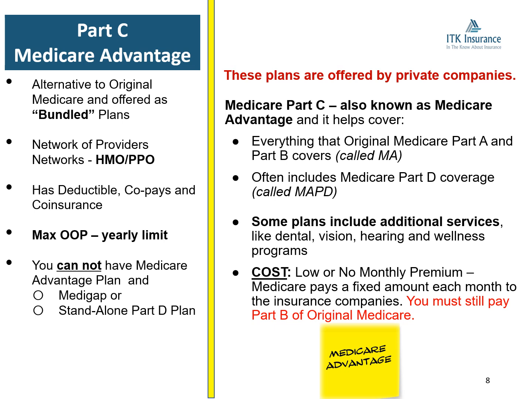So this is Part C. This is Medicare Advantage. So this is Option 2, where it's an alternative to Original Medicare. Just understand that when you have a Medicare Advantage plan, you are not on Original Medicare. You can put your red, white, and blue card in your file cabinet. You will not need it